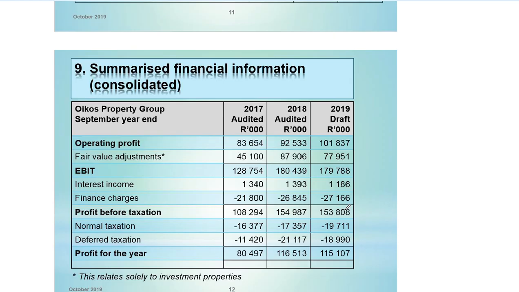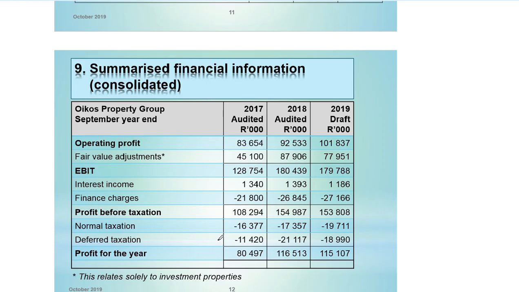But obviously there's no more information that you need to digest on this, except consuming it and keeping it at the back of the mind. Before taxation, normal taxation: when you look at the normal tax from 2017 to 2018, we see an increase, as well as the following year. So as you see this is increasing each year, you're asking yourself, why, if my profit before tax is going down, is my normal taxation going up each year? That's the kind of question you also ask yourself because you're a bit concerned about it. Your expectation is that as the profit goes down, your normal taxation is also going to go down. But in this case, we do not see that.